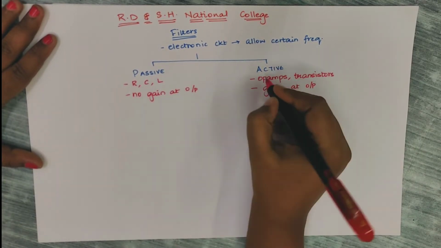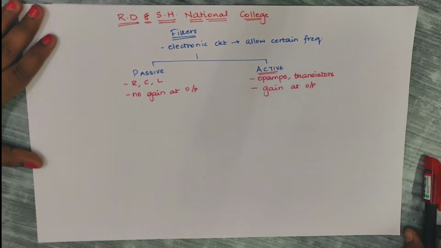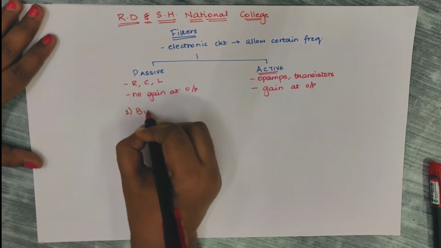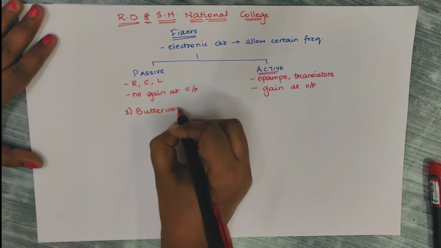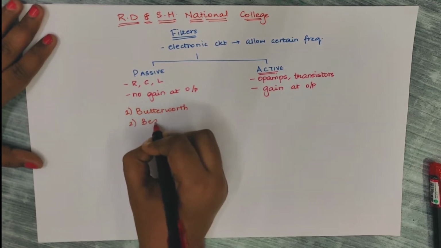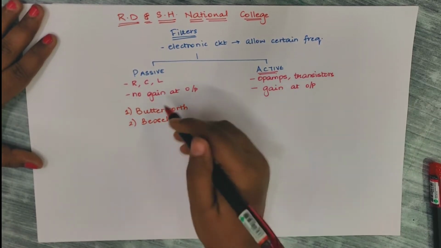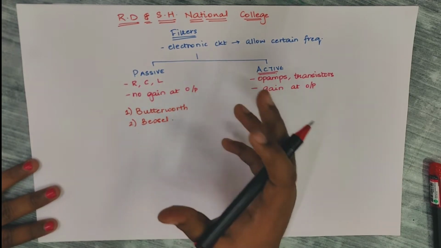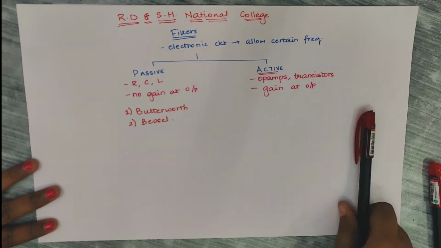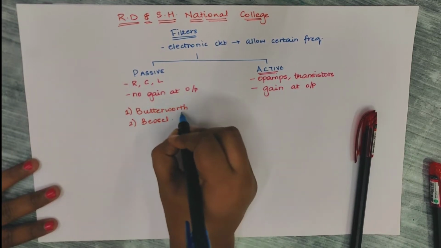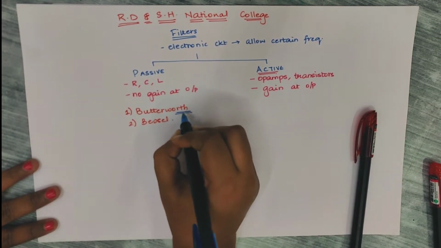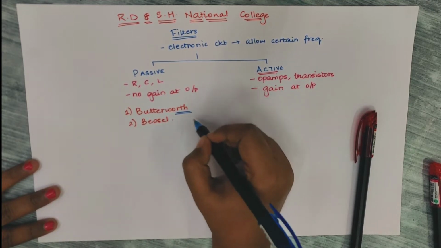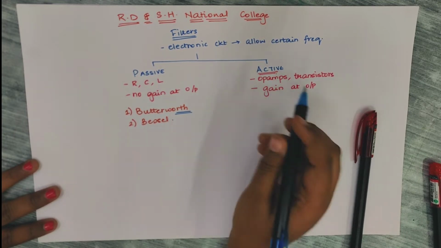Now our topic is basically, we'll mainly deal with active filters. Active filters can be designed in various ways, that is Butterworth, then you have Bessel, you have elliptical and so on. The choice of the filter depends on the application we are using. Since we are only using it for experimental purposes, the most commonly used one is Butterworth. We'll be using Butterworth because this gives us a flat output response. The output response in Butterworth is a flat curve, which we'll see.